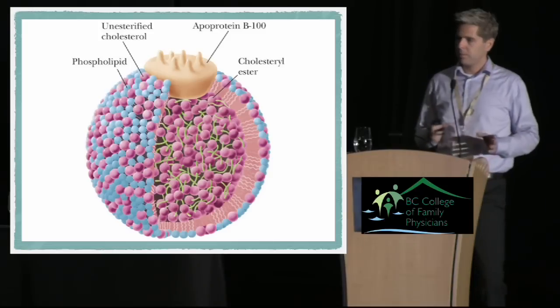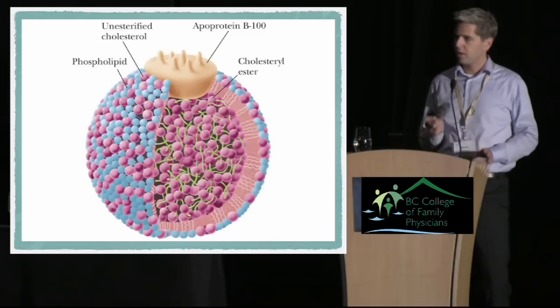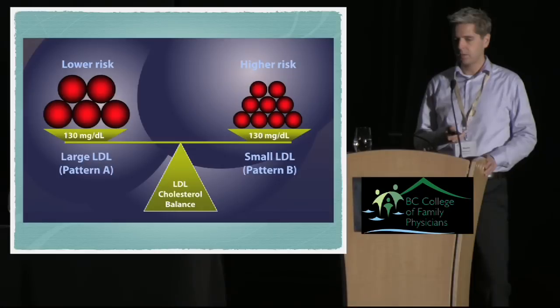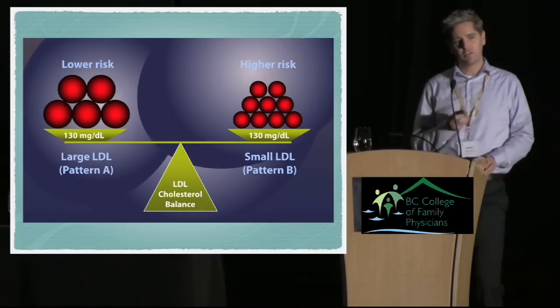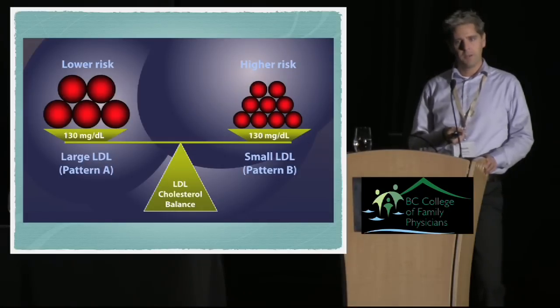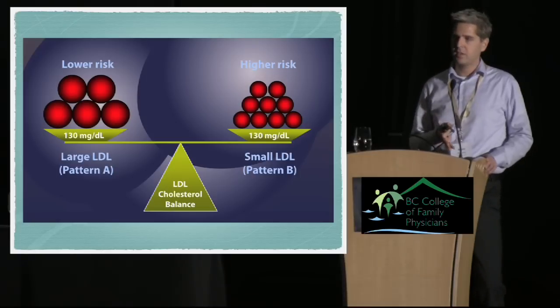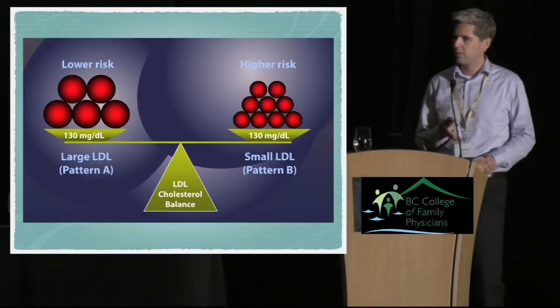An LDL particle is made up of a whole bunch of phospholipids and cholesterol, and on every LDL particle there's an ApoB. That's the protein at the top, the big yellow thing. ApoB I really like. It's cheaper than a full cholesterol profile. You save $5. The patient doesn't have to be fasting, and I think it's actually, personally, more predictive of future